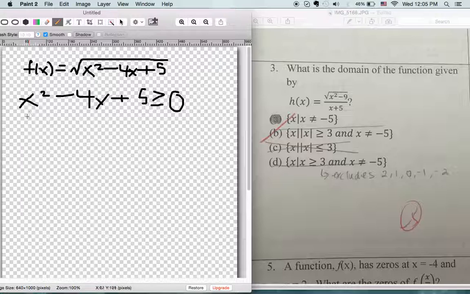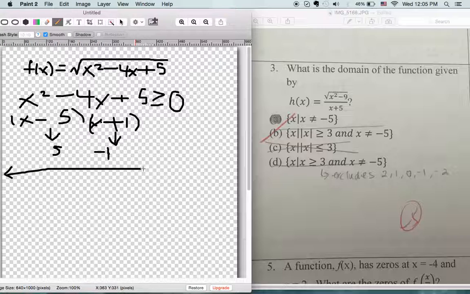And then you would factor this out into x minus 5 and x plus 1. This is kind of messy. And then you would get that the zeros of these are 5 and negative 1. And then because you're trying to find the numbers that will give you the positive value of this, you'll have to use sign analysis. And so you draw a number line